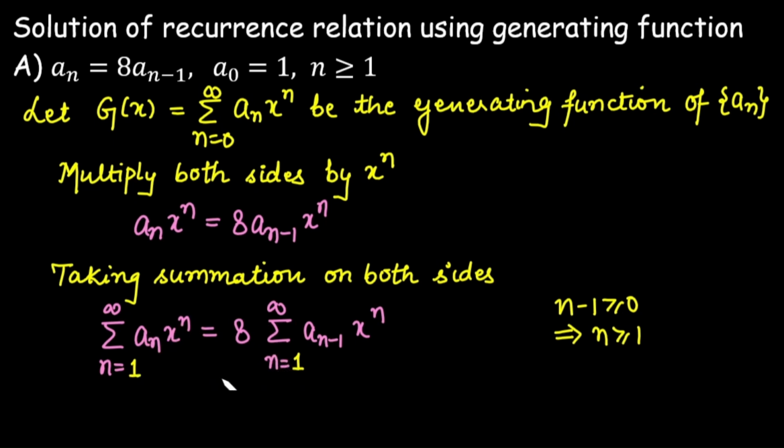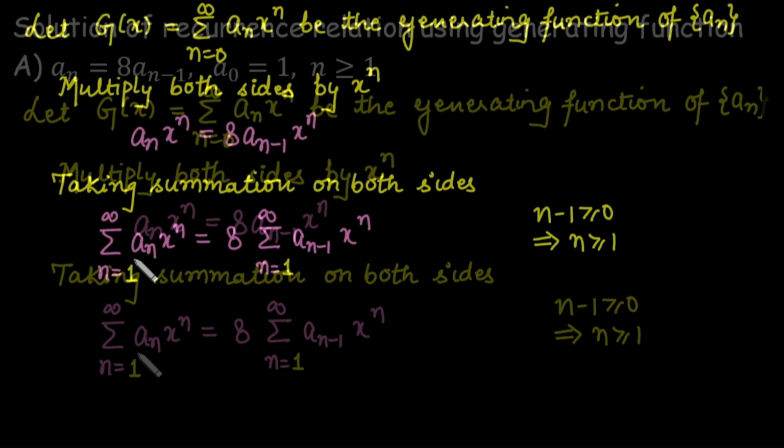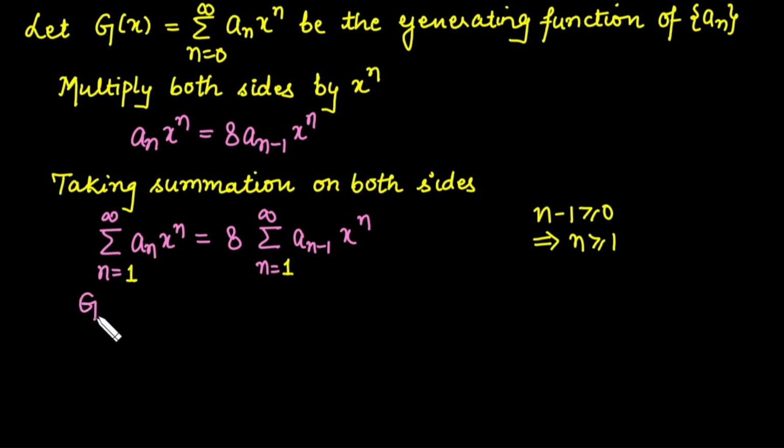Now we need to write the summations in form of g(x). When you put n equal to 1, this is a1 x raised to power 1 plus a2 x square plus a3 x cube and so on. Whether we are getting each and every sequential term? No, because a0 we are not getting from here. So we can write this as g(x) minus a0. That is equal to here 8 times of